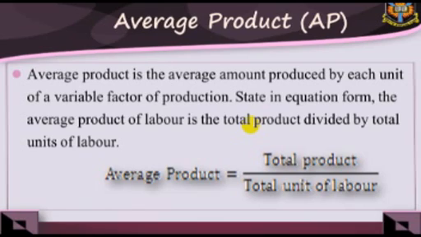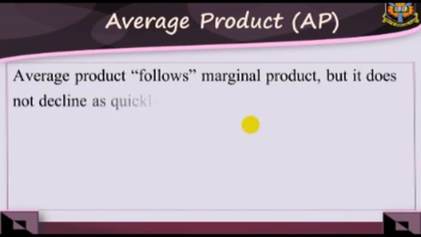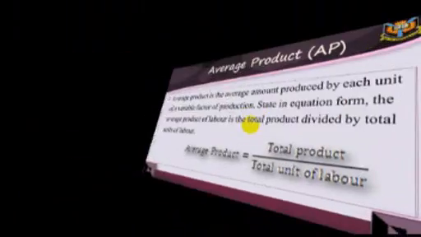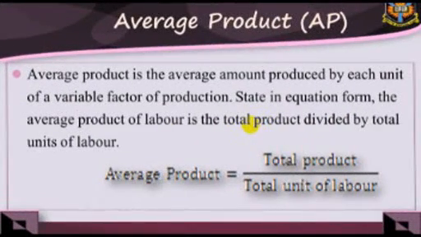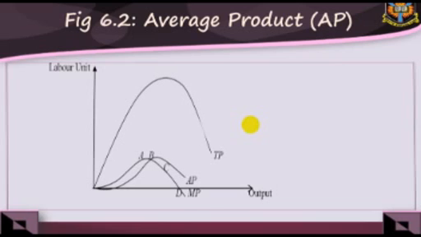Average product. Average product is the average amount produced by each unit of a variable factor of production. Stated in equation form, the average product of labor is the total product divided by total units of labor. That is, average product equals total product divided by total units of labor. Average product follows marginal product, but it does not decline as quickly as marginal product. If marginal product is above the average product, the average product rises, and if marginal product is below,